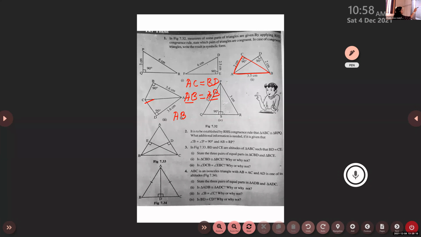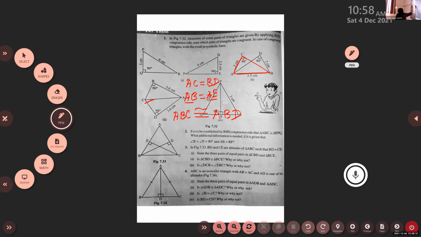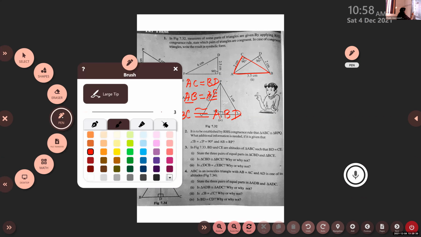AB. Yes. Then the third side is C here. Okay. Can be congruent to here AB. And the third side will be D. ABD, right, there, then we can check. Okay, so I wrote here ABC is congruent to ABD. Now check whether what is written is correct or not. You can cross check it.